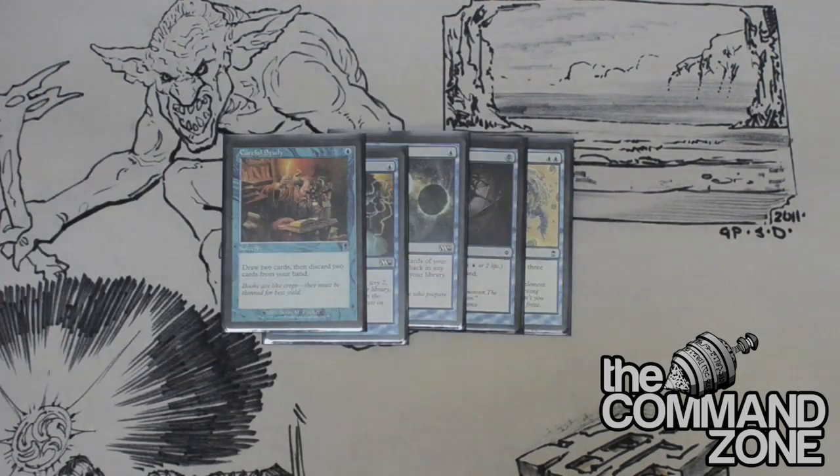Careful Study is very good as well. I really like Careful Study in my deck. It allows me to get rid of those lands that I don't want and refill my hand with the instants and sorceries I do want. So anyway, let's continue on with more